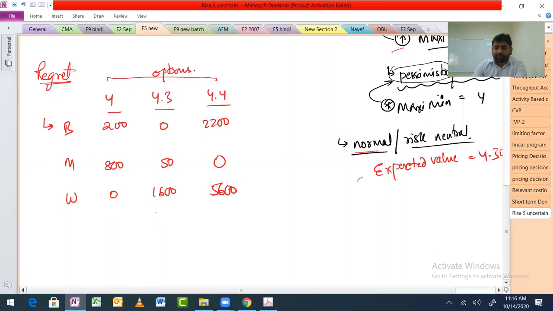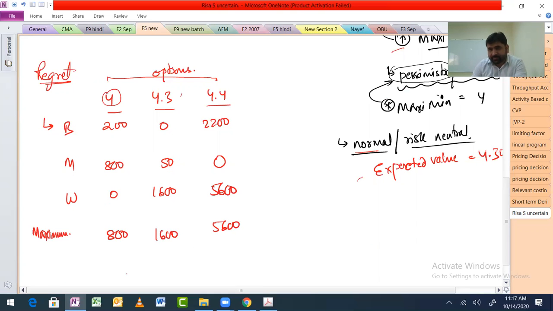Okay. Now what do you want to do? Minimize the regret or maximize the regret? Think logically, common sense, no rocket science. What? You want to maximize the regret? You want to cry the louder? Minimize the regret. Minimize the regret, right? So what you do is you first find the maximum regret. First, find the maximum. Okay, so if I choose this option, the maximum regret that I can have is $800. If I choose this one, the maximum regret that I can have is 1600 and 5600.